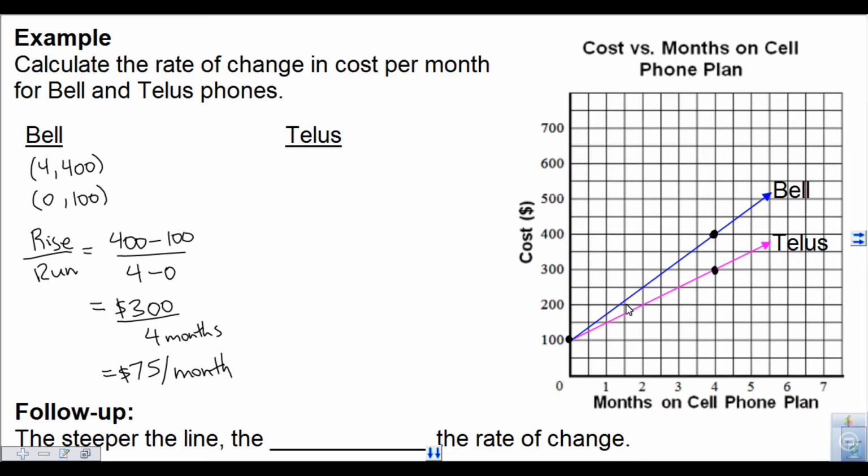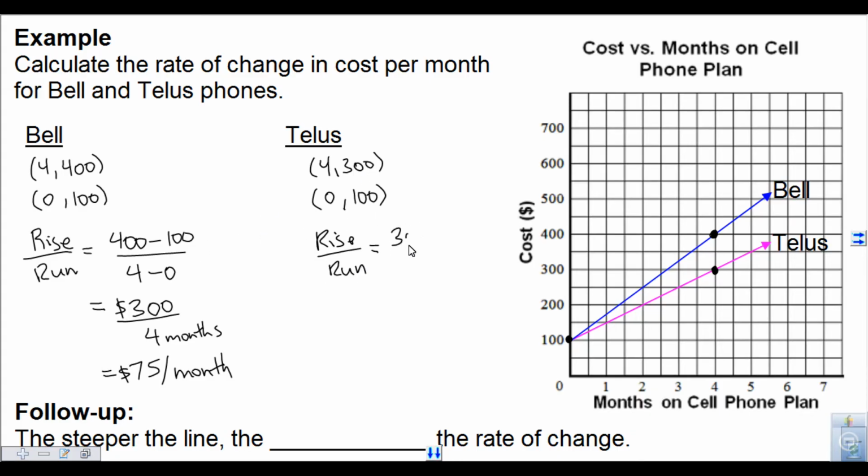All right, so the 2 points for Telus, this point here at the end would be 4, 300. And the second point would be 0, 100. So they share a point. All right, so then rise over run. And it's good to write rise over run all the time so you remember what you're supposed to be doing,